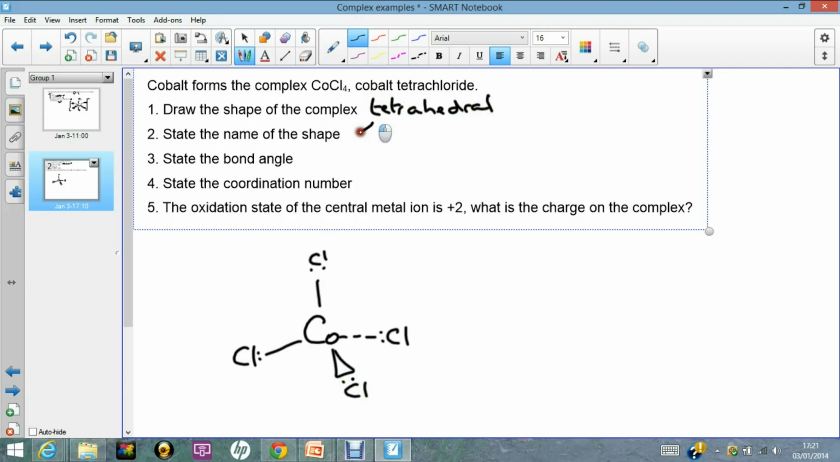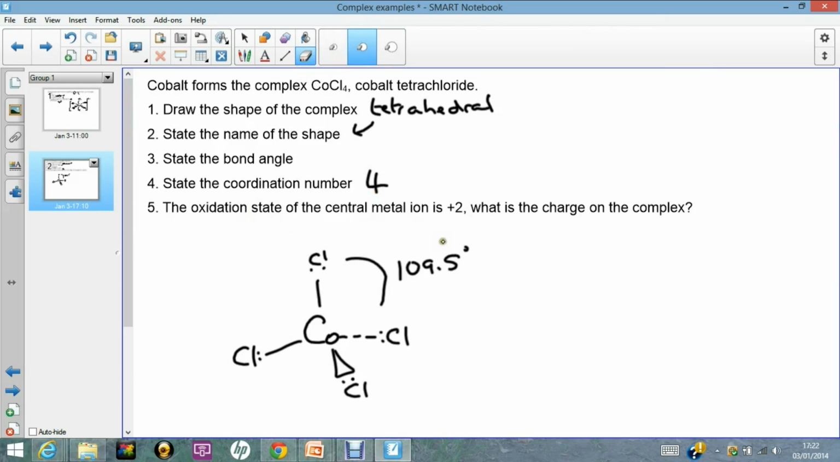State the name of the shape, there. Bond angle: if it's tetrahedral, the bond angle is going to be 109.5 degrees. Coordination number: look at the central cobalt, it's got 1, 2, 3, 4 coordinate bonds. The oxidation state of the central metal ion is +2, so